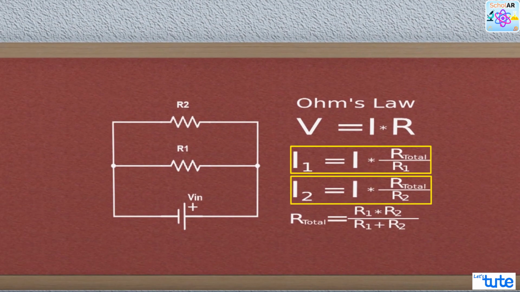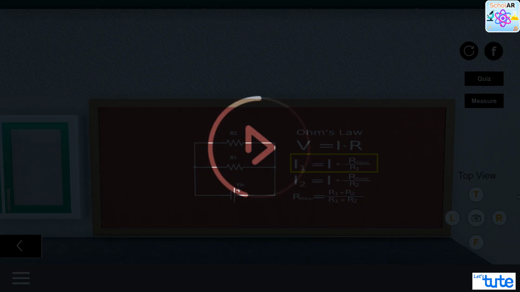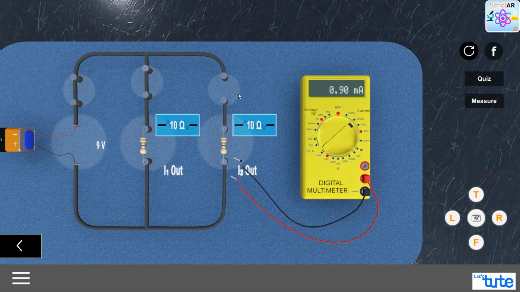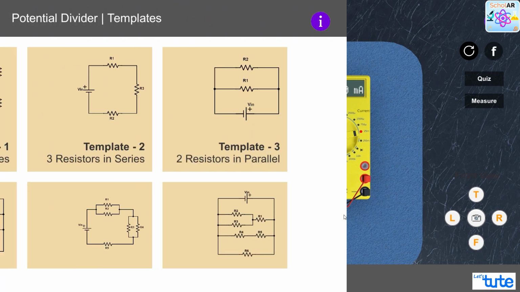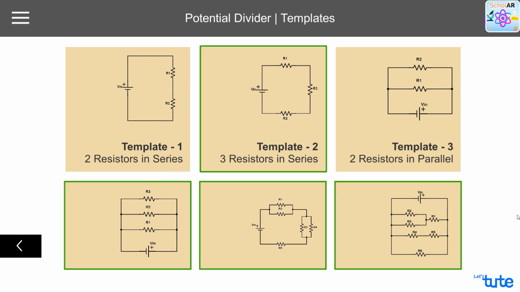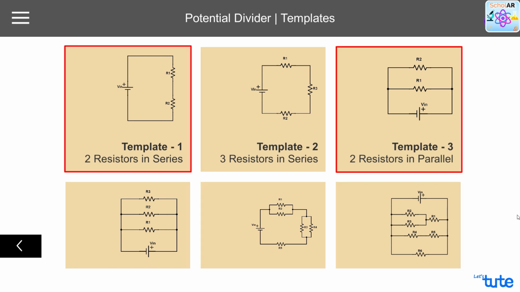Again, it is time to measure and see if our calculations are right. Again, we press the measure button to see currents across the circuit. Again, I ask you to first calculate for yourself and then see if your answers are correct. Done? Let's see if your answers are correct now. Well, hopefully the answer you got is the same as the experiment shows. Now that you know about these two types of circuits, you can easily understand all the different types of circuits in the simulation, because they are all just combinations of series and parallel circuits.